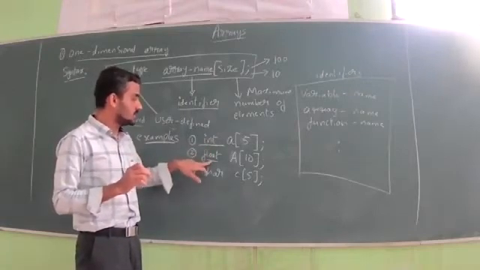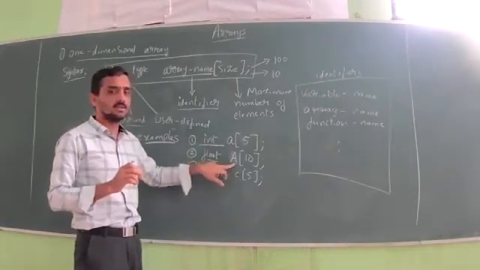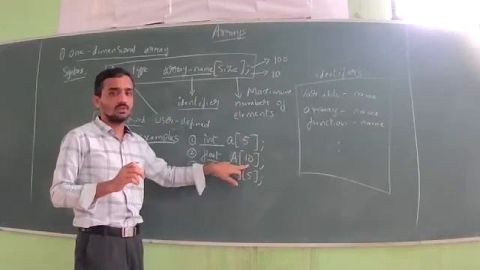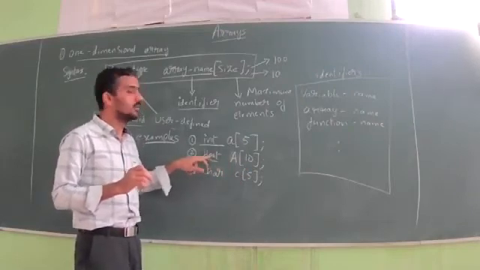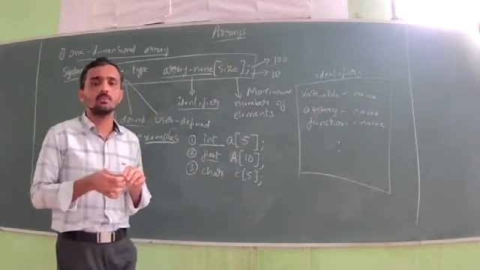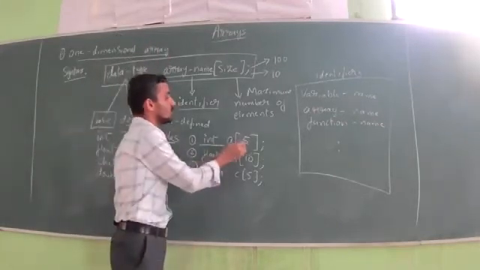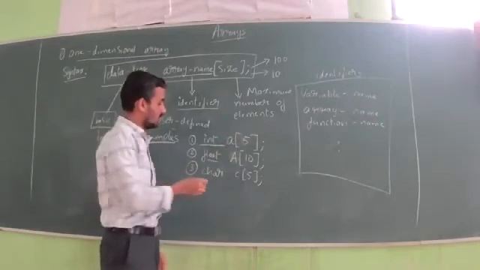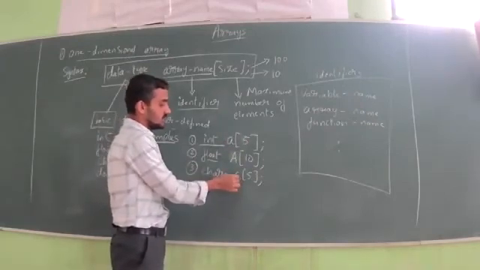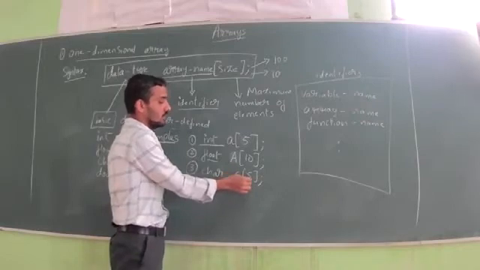Then float is the data type, capital letter A is an identifier, 10 values you can store. And those 10 values should belong to the floating point values, the numbers in the form like 2.25, 5.25, like that. Whereas in the first example, you have to store whole numbers, integers. And the character: c is the variable name, that is the identifier. 5 values you can store.